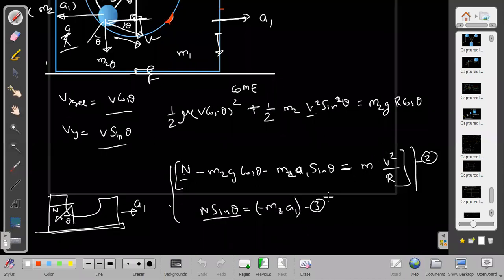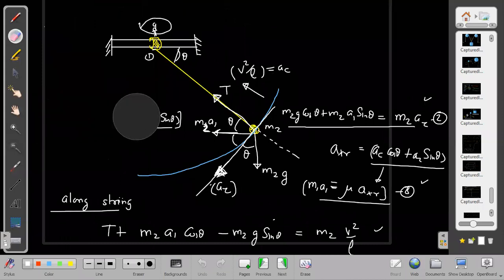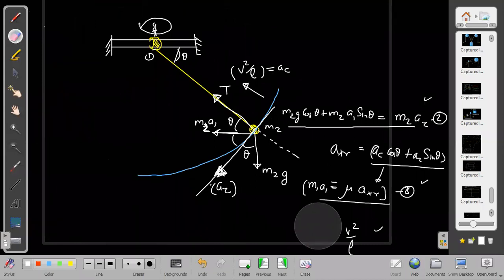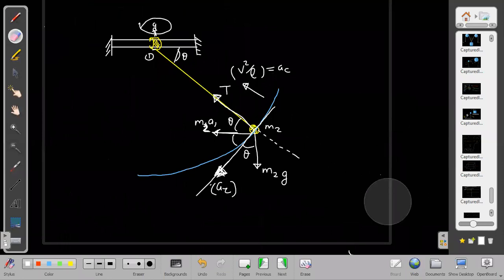Just three equations. Now you took V directly, sir, instead of writing here also. If we do that, then I think it will become easy. Let us analyze it thoroughly, and you should understand that this also can be made easy. It can be made very easy. Let us do that now.